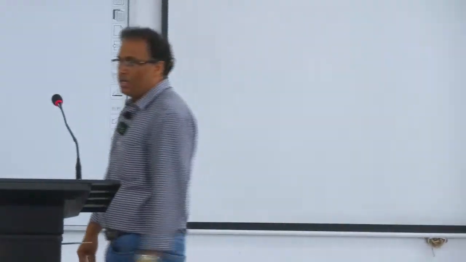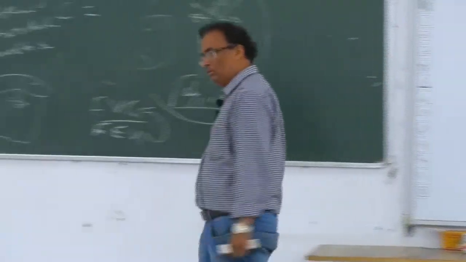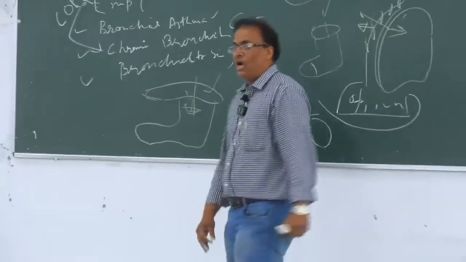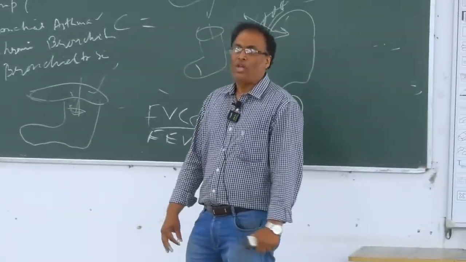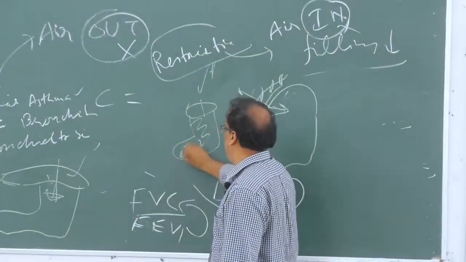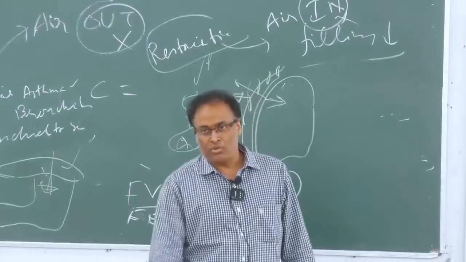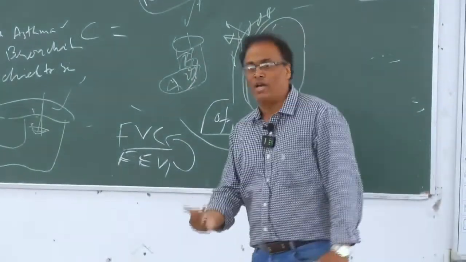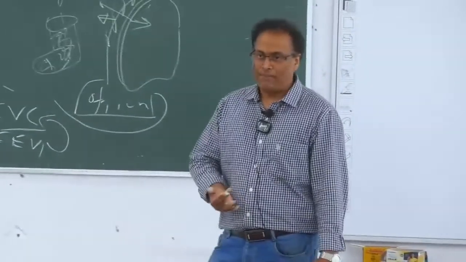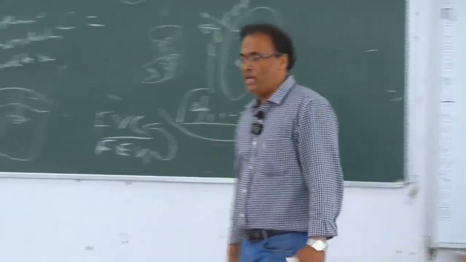What will happen? You bought new socks, put them in the washing machine, washed them thoroughly, and they shrank even more. So what is happening here? In case of restrictive disease, collagen fibers or fibrosis is happening here. It is a big issue. Restrictive, not only that, not only the fibrosis, but remember, whenever you are dealing with any restrictive disease